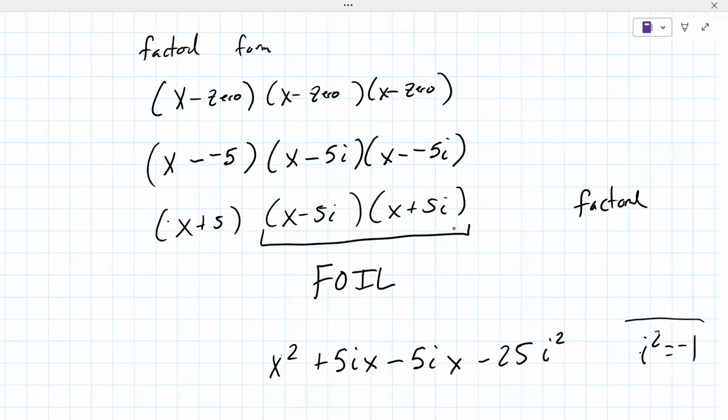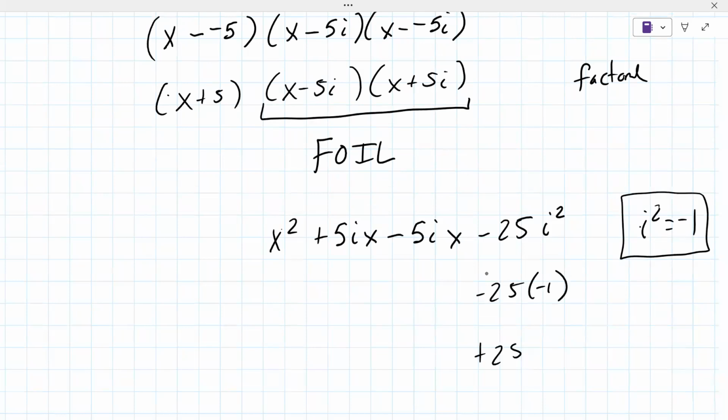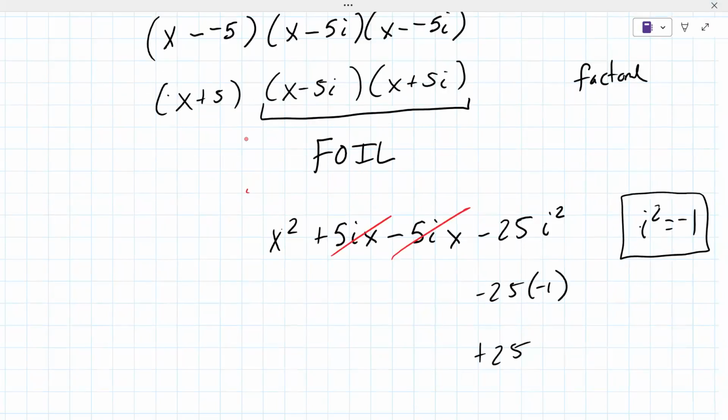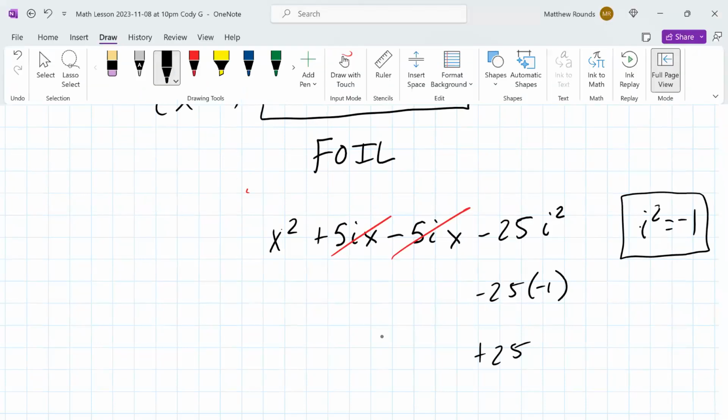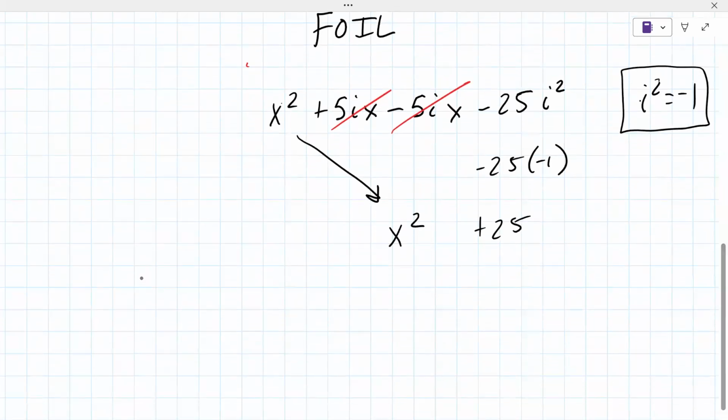That should have been said somewhere in class. You don't need to know why that works. Just go with it for the time being. But that means instead of i squared, you're going to put in -1 and you're multiplying there. So that becomes plus 25. The 5ix and the minus 5ix, they cancel because they're opposite in sign. And then you're just left with the x squared. Is that clear? All right, so now we got x plus 5